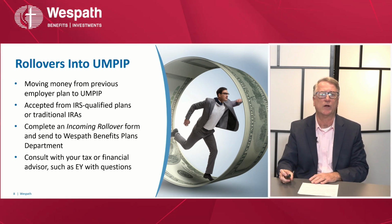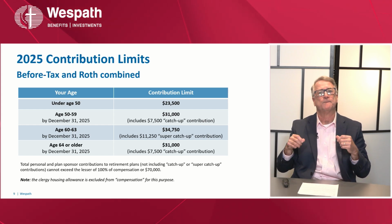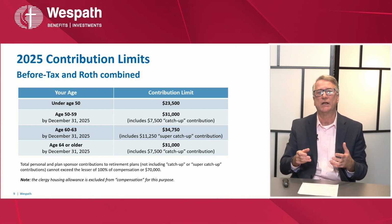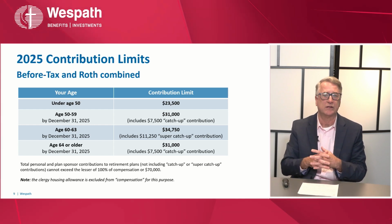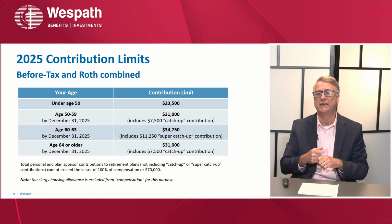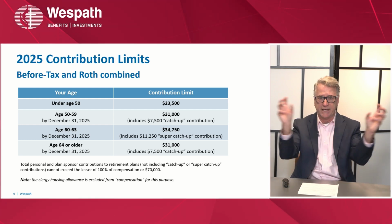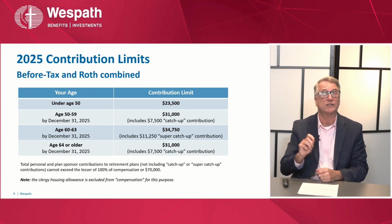Before we leave this segment, I'll talk about another, and it's related to the contribution limits. The UMPIP is a defined contribution plan. The IRS, through law and regulation, defines for us how much contribution we are permitted to contribute in a given year. So here are the 2025 limits, and we have a new twist to how these limits have been articulated. So under age 50, that's the baseline amount you can contribute, and this is before tax and Roth combined. Okay, it's not each, it's kind of combined however you're using these accounts. This 2025's limit is